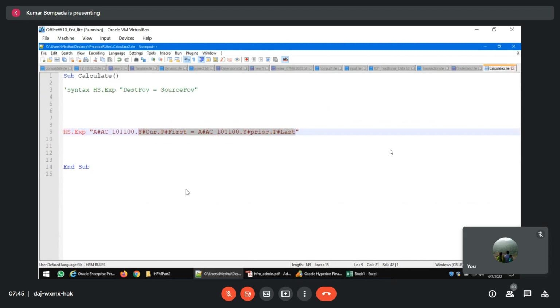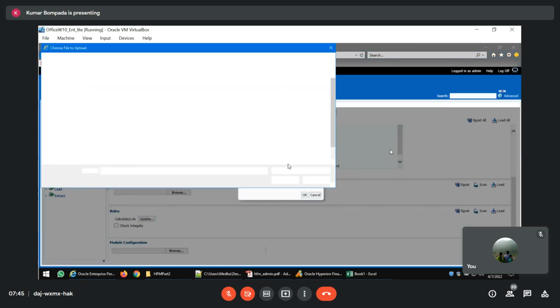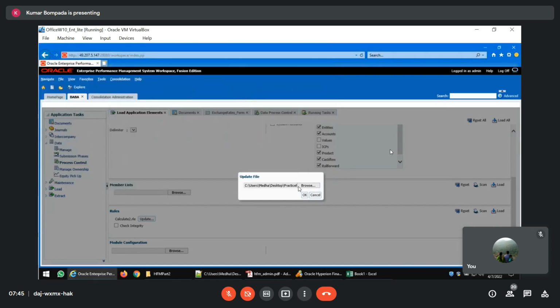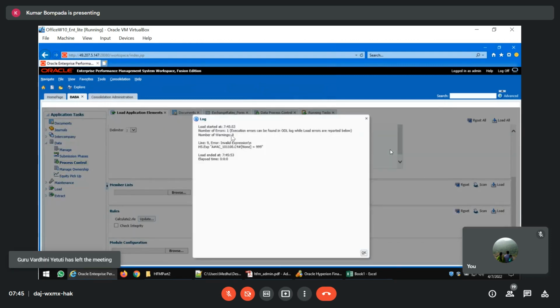So come here. Here I'm removing all these dot C4 hash none. None is equal to, so here I'll write some 999. Okay, save. Previously, when you gave an invalid intersection, it would not throw any error message. See, come here, go to update rule, browse here. I'll click on calculate, yes. See, load. Now see,